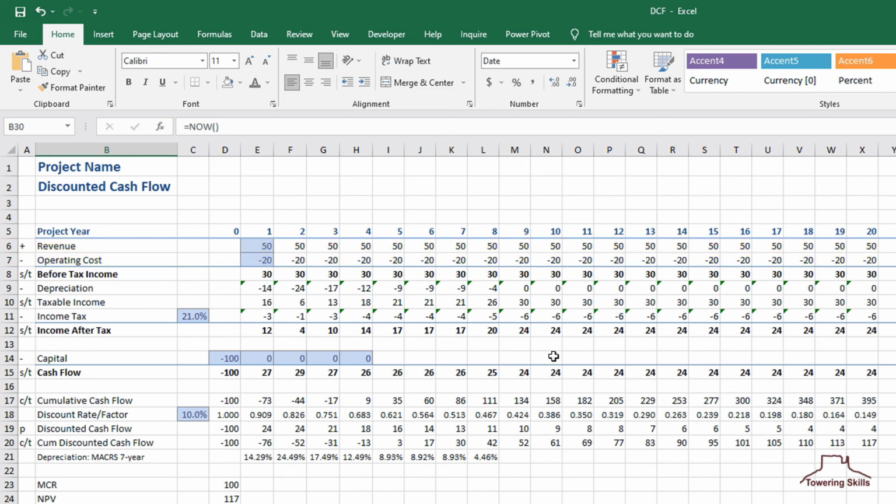You can add more information on other sheets or move this sheet into another workbook and link to complex calculations of revenue, operating cost, capital, and depreciation. You also can add lines for royalties and tax credits and many other things. What you have is a module you can change and modify to fit your needs.